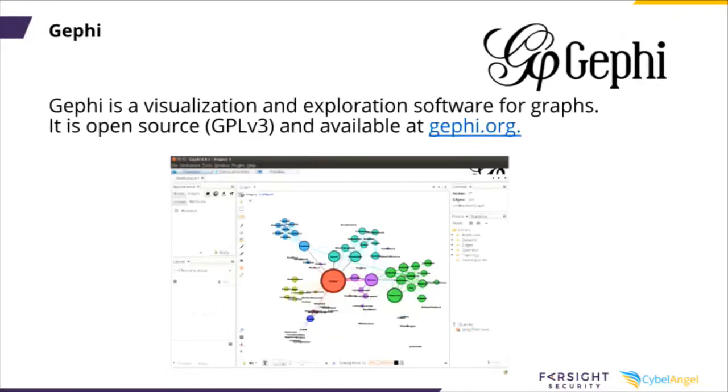To visualize and explore the graphs, we use this great open source tool, Gephi. You probably know it. You can handle up to millions of nodes and edges with it. And you can also add some colors to the nodes and edges, so you have a better visualization of your data, and it's very helpful.